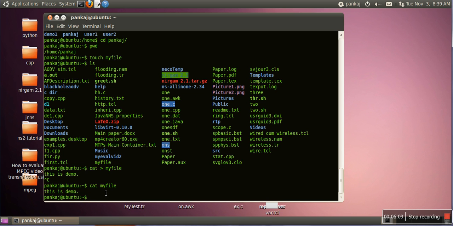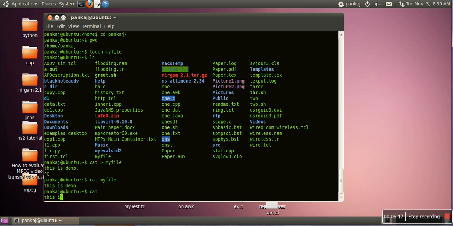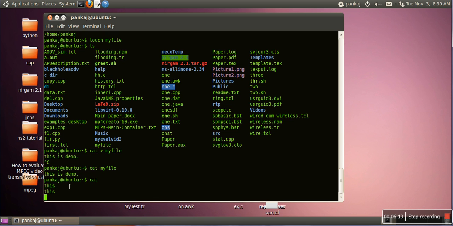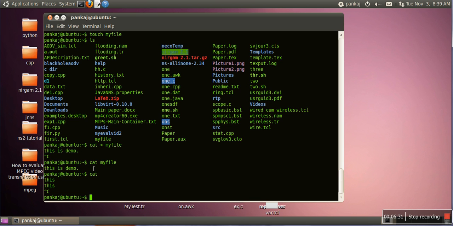This cat command is actually used to show content, but if we don't specify any name, it will take keyboard input and display it. In case we specify a file, it will take content from that file and display on the terminal. So cat command can also be used to insert data in file. Touch command is used to create empty file. Cat command is used to write content in file, or cat command can also be used to create a new file.